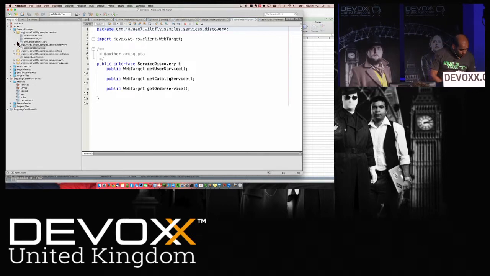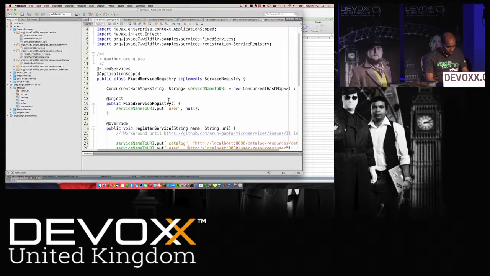So for example, if you look at the services package here, well, let's look at one of the ways. So for example, here's a simple implementation. Okay, this is a fixed service registry. Now, in this case,